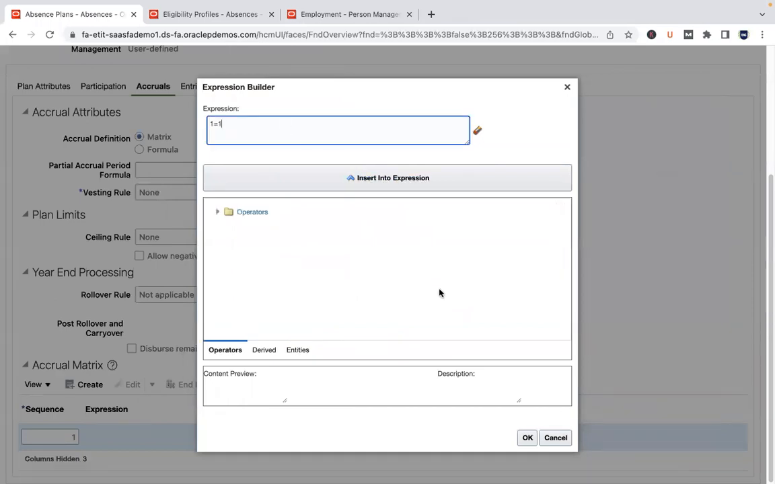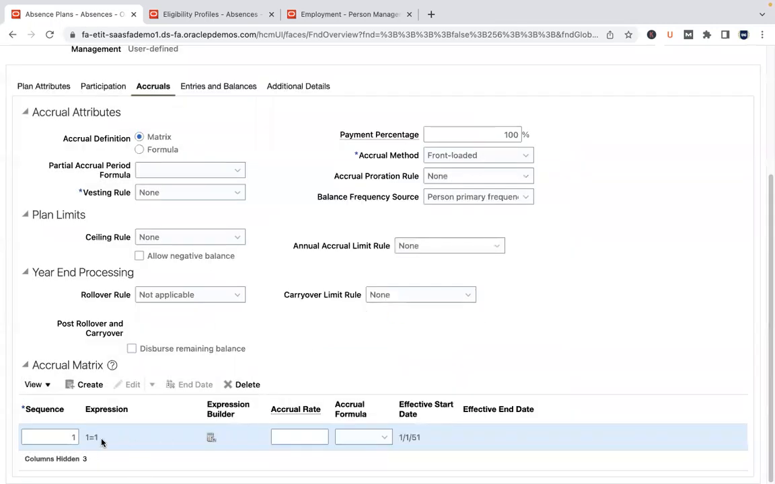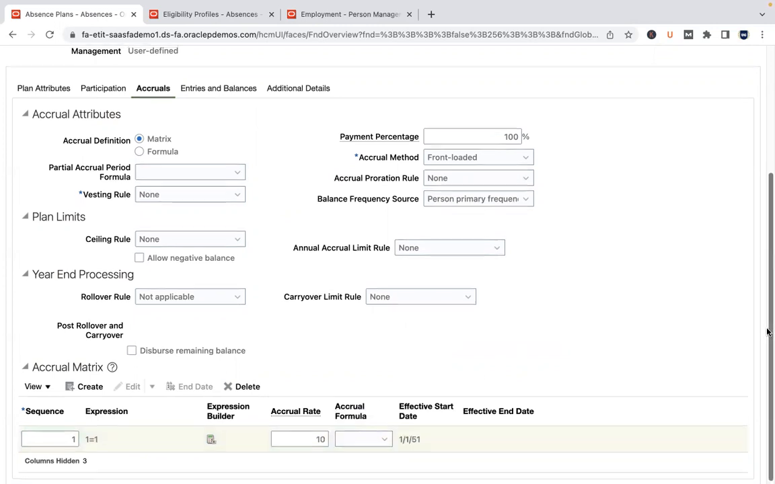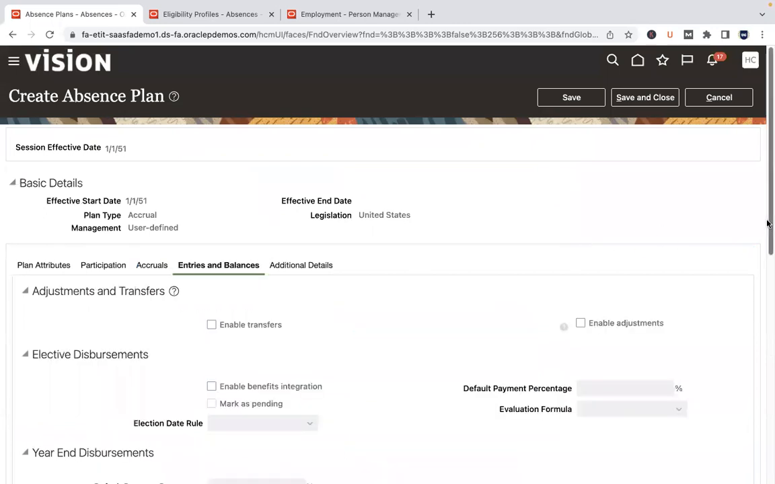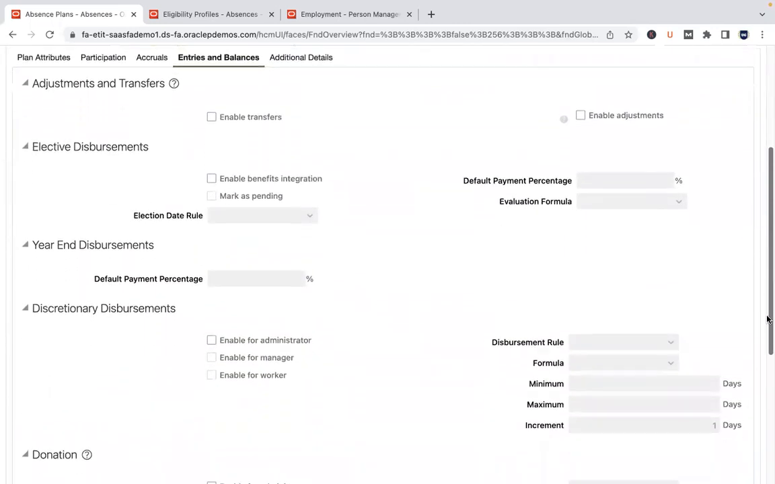And when you say 1 equal to 1, when does 1 equal to 1? Always, right? Meaning every employee, it doesn't matter, we're not looking at person, job, or length of service, etc. Every employee is eligible for 10 leaves, plain and simple. And you go into entries and balances, and you can decide whether